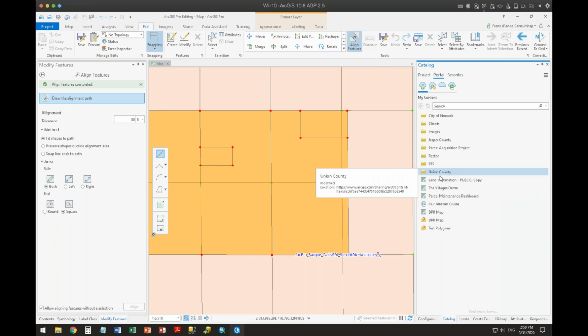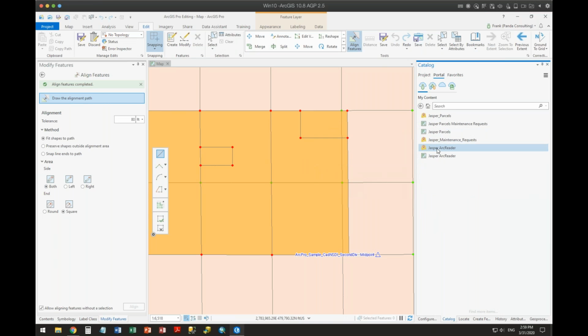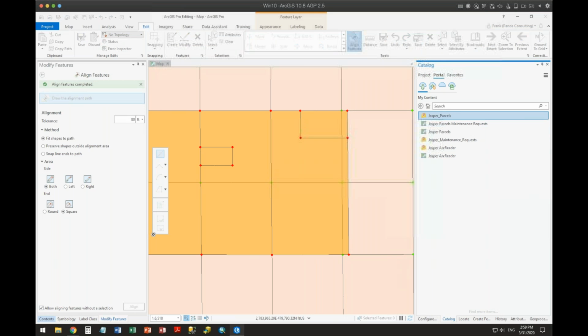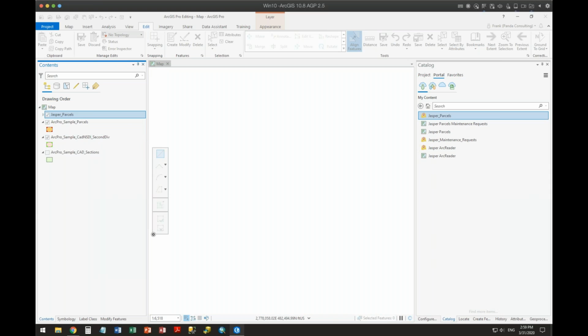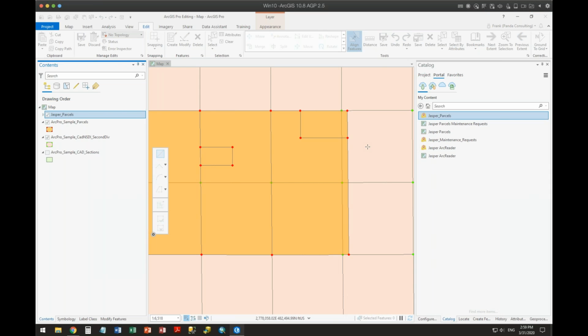I'm not going to destroy anybody's data, but I actually have here the parcels for one of our counties. It's loading it up. Let's zoom over to there. It is not New Mexico. It is South Carolina.